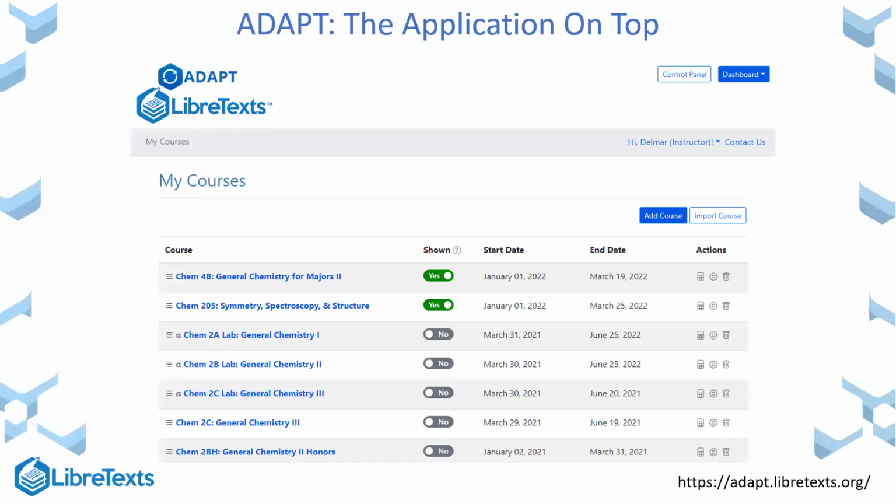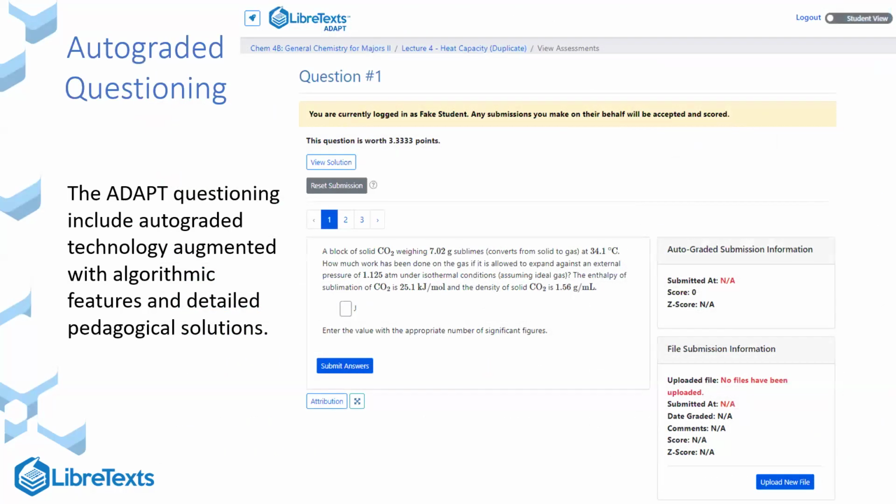This right here is a snapshot of my personal account showing the chemistry classes that I teach at UC Davis over the last few years. This is an example right now of a general chemistry course dealing with thermodynamics. I think it's for my first week of my general chemistry class. And it's using WebWork, again, the technology out of the University of Rochester that was designed to be algorithmic. So every student gets a different question. It helps to reduce cheating and facilitates a more individualized effort, even though they can certainly work together in order to guide that.